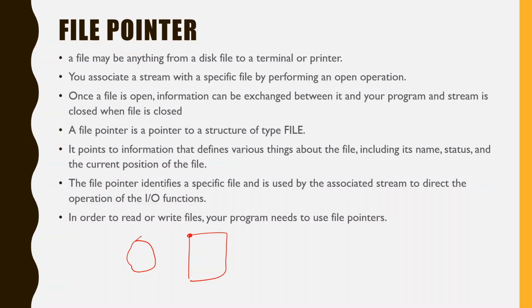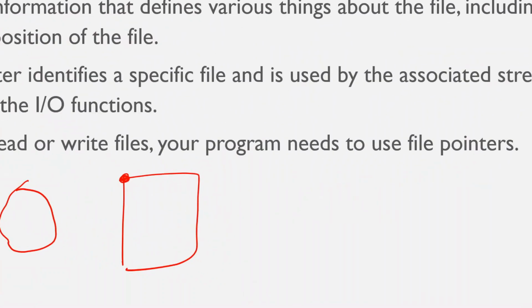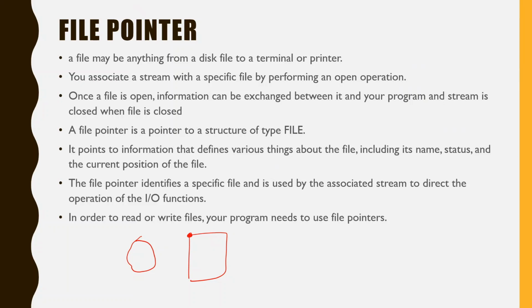Now this file pointer identifies the beginning of the file. Initially it identifies the beginning of the file, and it is also used to scan through the file. This file pointer may be considered as a pointer to file. Since it is a pointer, it is going to hold some address, and initially this address depends on the opening mode, that whether the file pointer will start from here, whether it will start from here, or it is going to start from any other place.